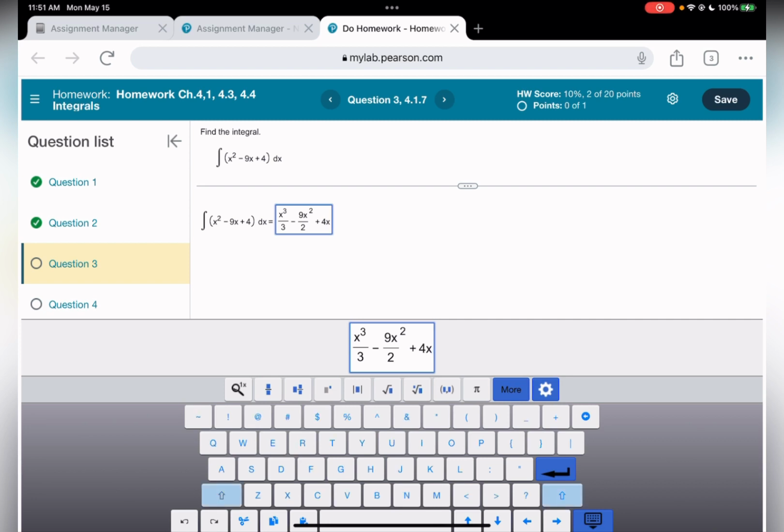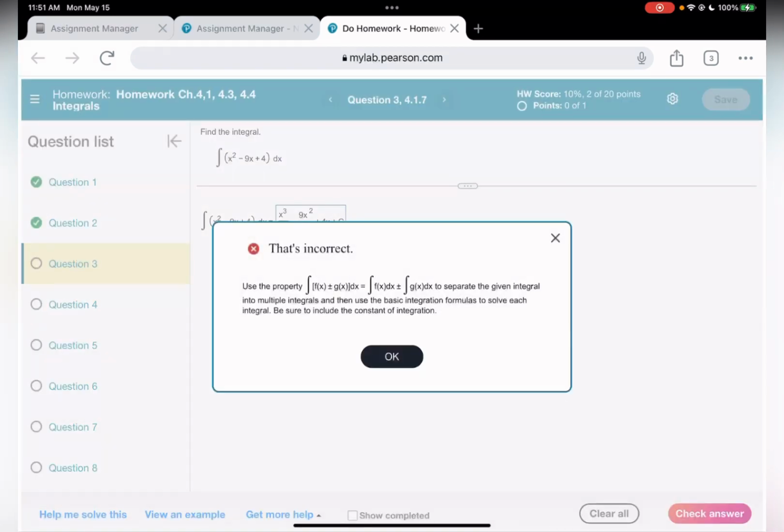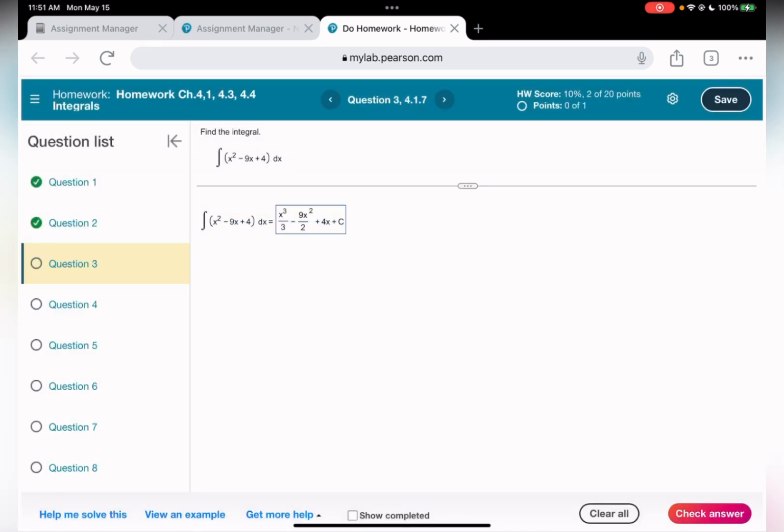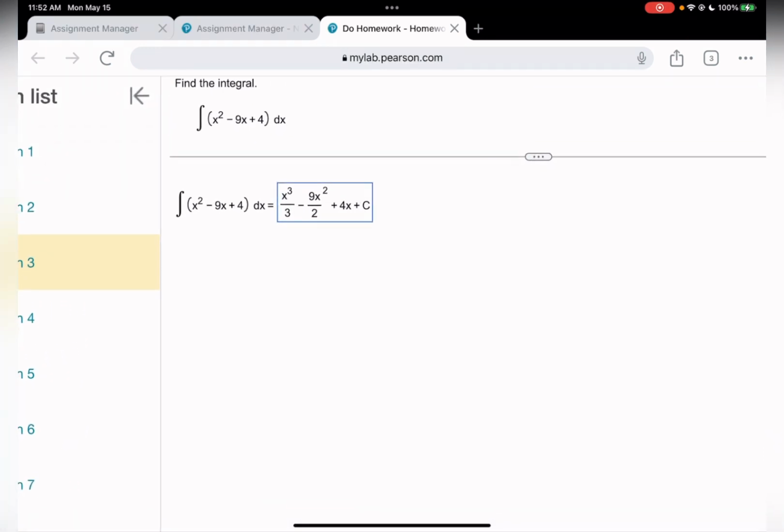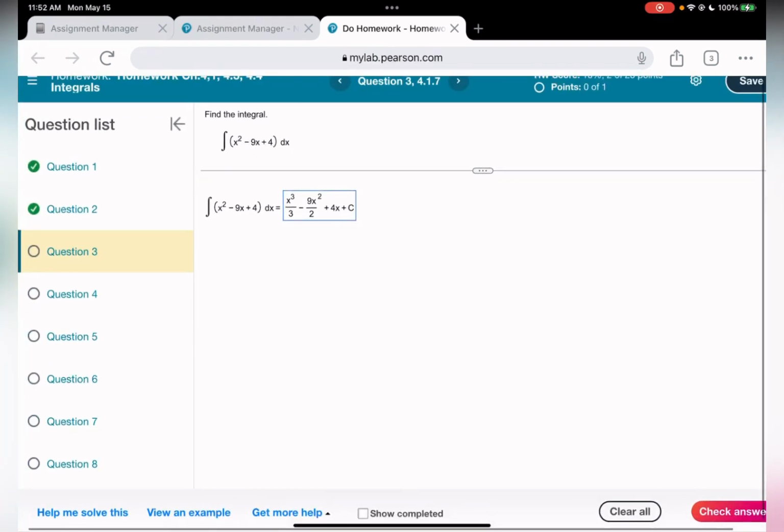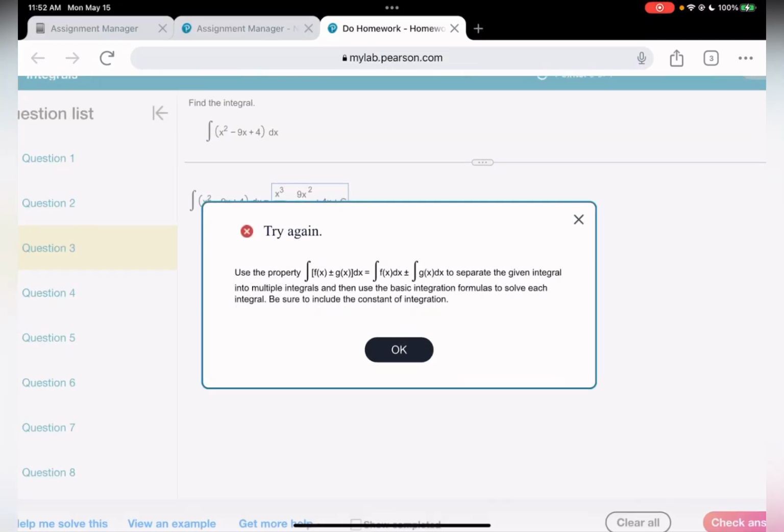And plus our uppercase C, which is constant. Let's check. Oh, wait a minute, it wants to break down. I don't understand. Let me double check. X cubed by 3, 9x squared by 2 plus 4x plus C. Well, find the integral. I found altogether 9x squared plus 4x. Is it possible, checking again, use property,